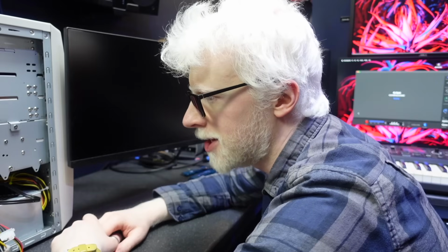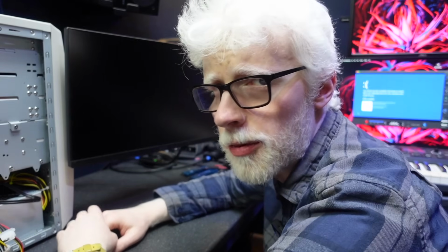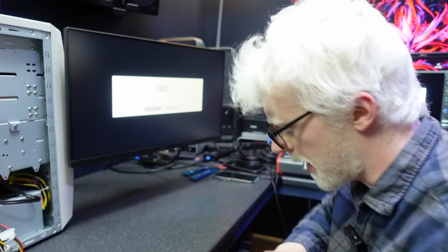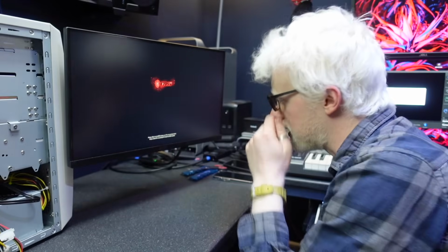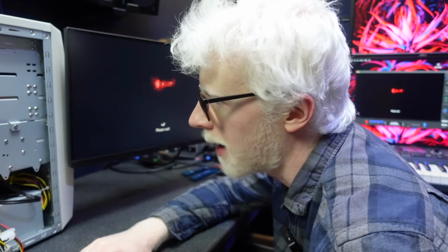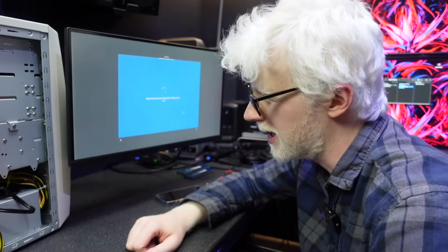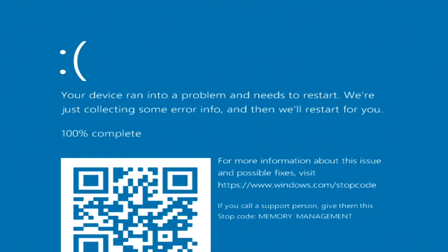Turn the power off. Am I chasing video card problems for no reason here? Have I got more than one problem? Latest theory, I've got more than one problem. I've got this video card thing, which is primarily a driver thing with Windows 11. And then I've got something, this might be something weird that's tripping us up here. I've only just updated the BIOS as well. I'll cut a load of this out as well because it's just ridiculously long. Because if it's blue screen this much during the install, I don't see how it can...